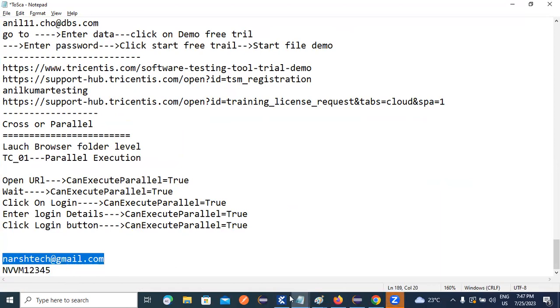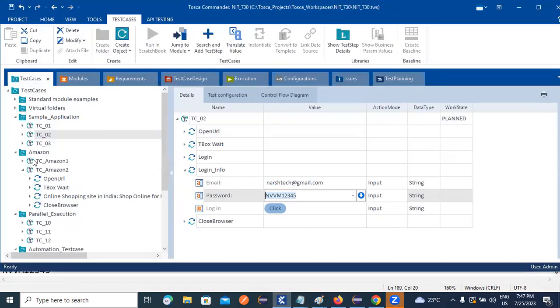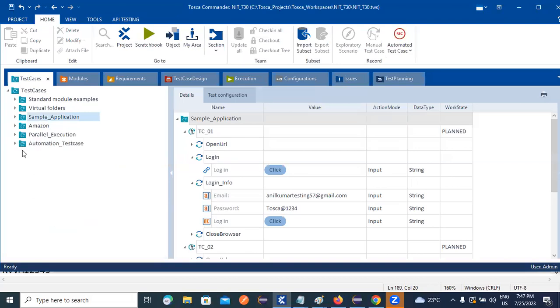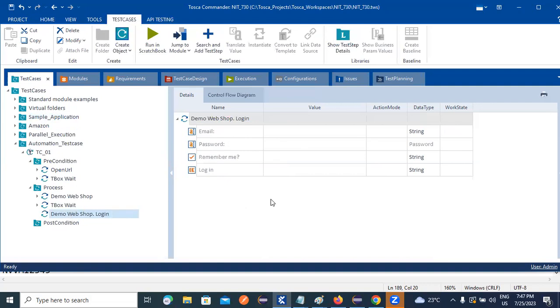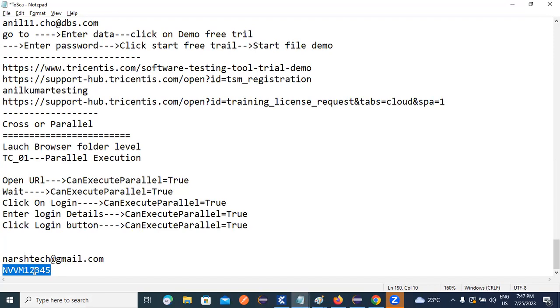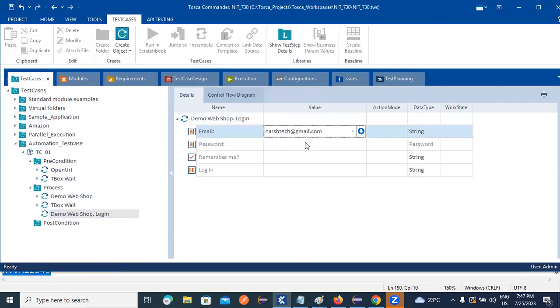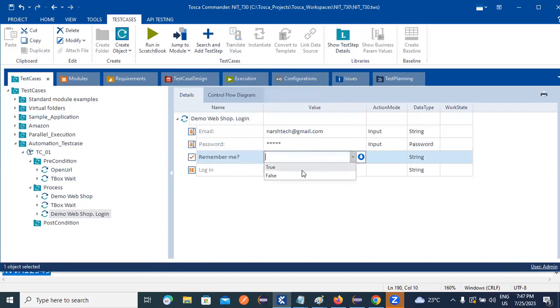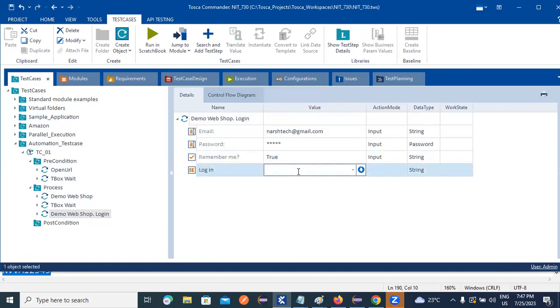Copy this one and go to the software. And here we need to provide the email and the password. Here I think true. Okay, true. And click on